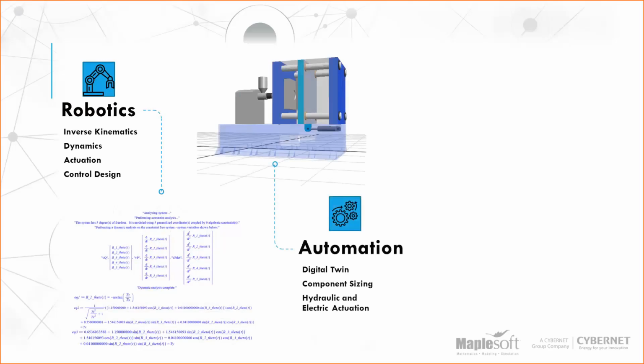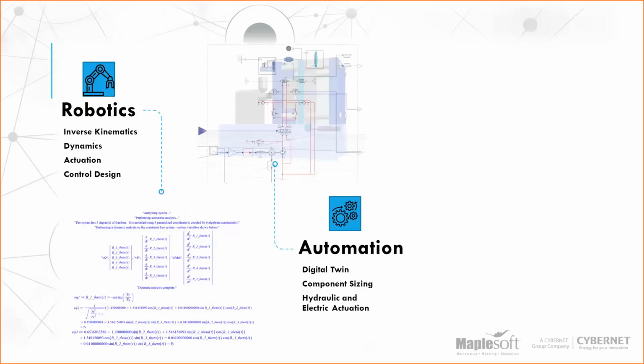In automation, you can build a digital twin of your actual machine, and what you can do then is test your control code against this Maplesim model, long before you actually have access to the machine itself. And then you can do component sizing and analyze the hydraulic or electric actuation. In this example, I've used Maplesim to build a hydraulic circuit for a moving platen of an injection